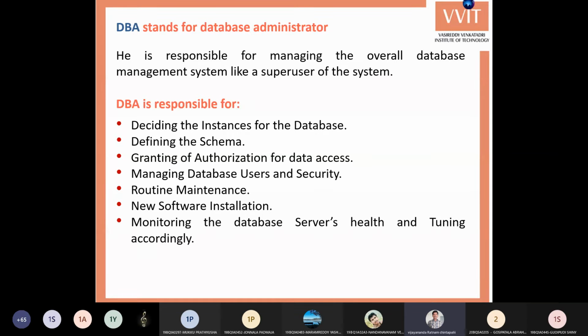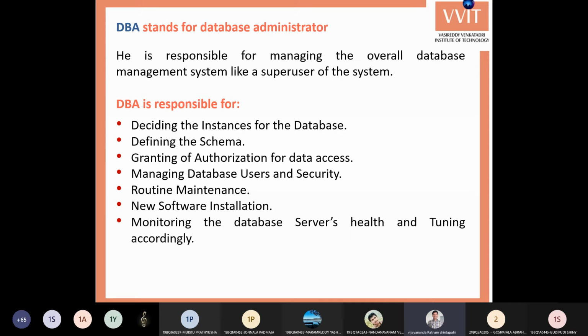Next, the dean. The dean will have some access to all the students as well as some employee information, like salaries. Like the principal, who has all the departments' data. He can view all the 3000 students' information. This is the manner in which we can set the views: who can view what students' information at what level. That is nothing but deciding the instances or the views for the database.